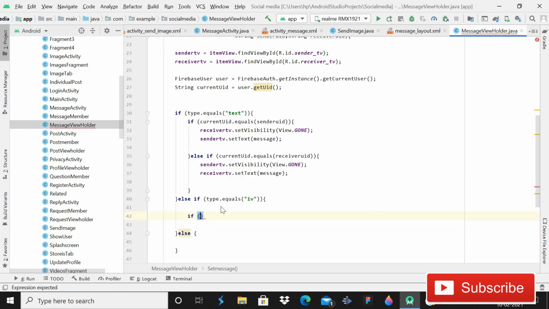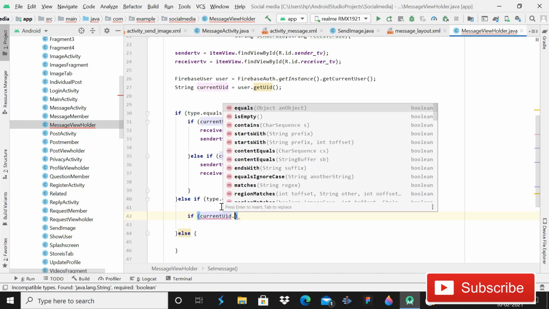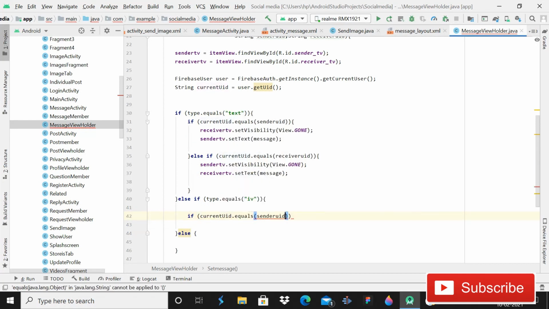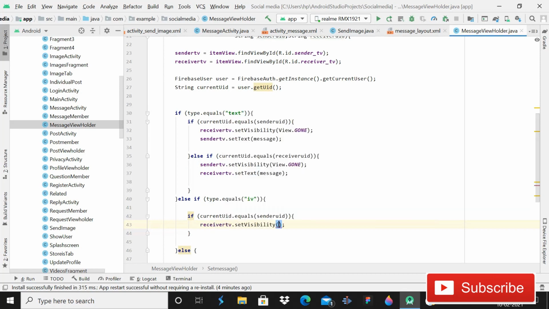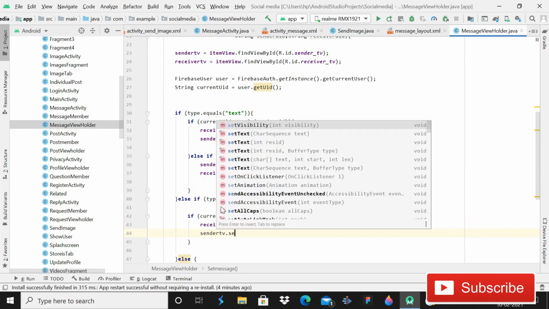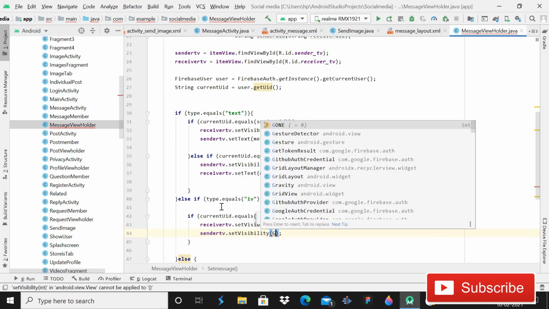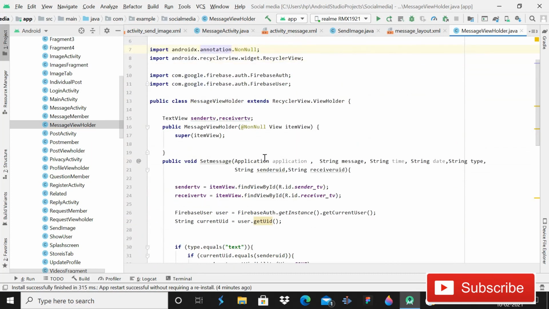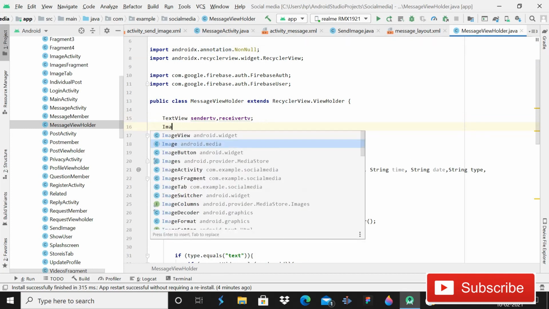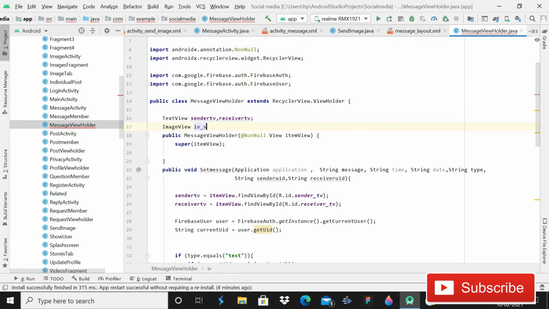So again write if currentUID.equals senderUID, and then you have to make the receiverTV.setVisibility gone, understand, then senderTV.setVisibility gone, understand. So write, yeah, for now you have to declare two more image views, ImageView iv_sender, and then iv_receiver semicolon.